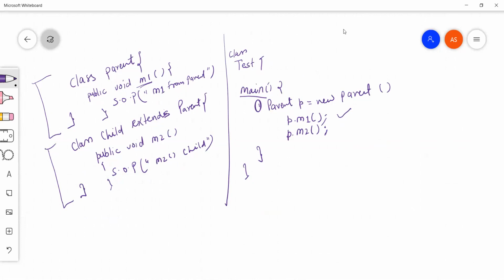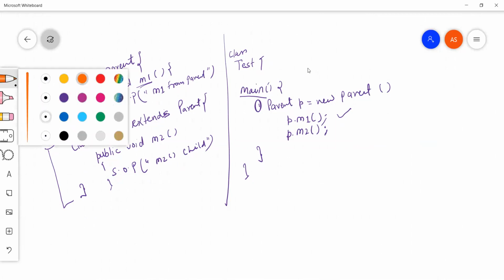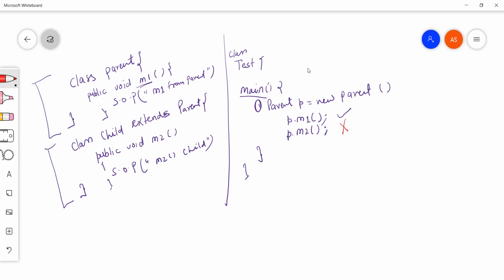Instead of typing in chat, you can just say yes or no. We can't access a child class method. That is true. We can't access a child class method using a parent reference. So this is not valid. The second call we are doing is not valid.